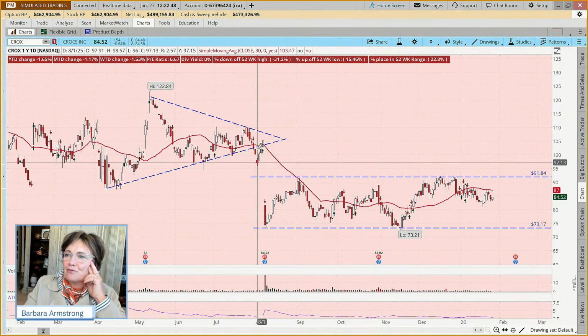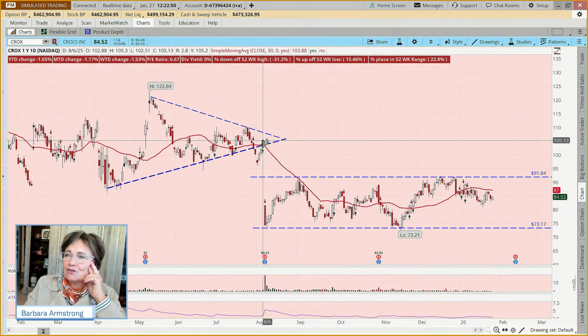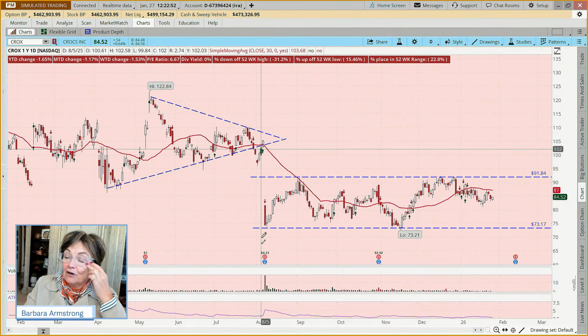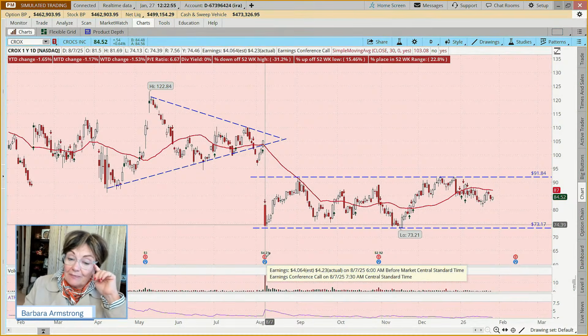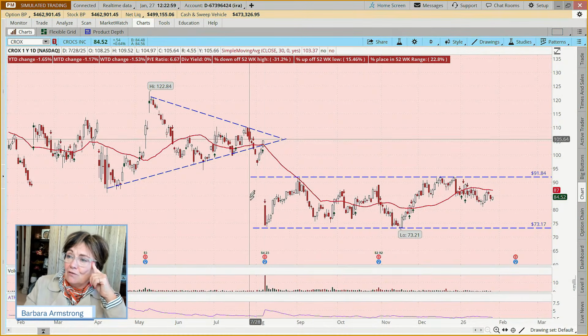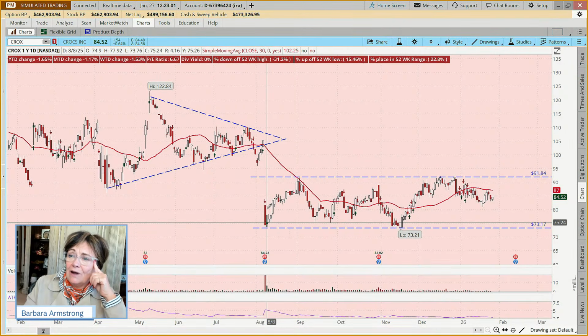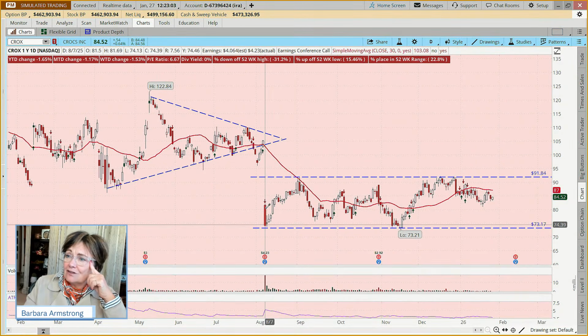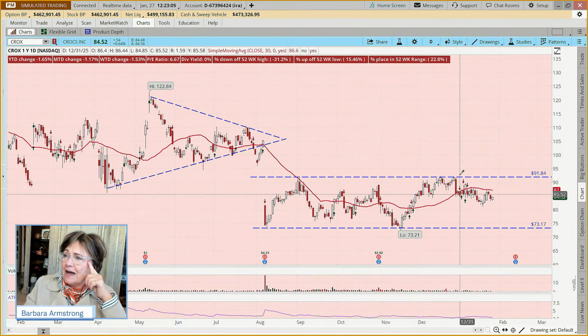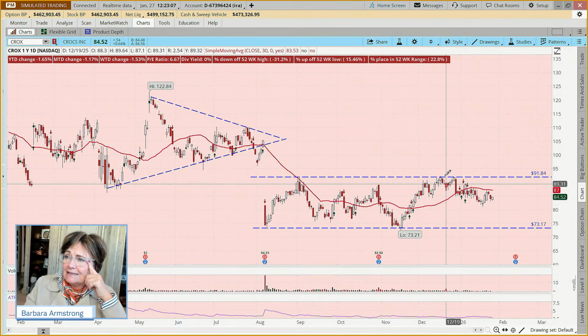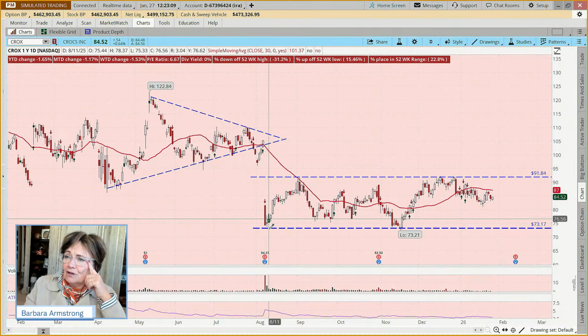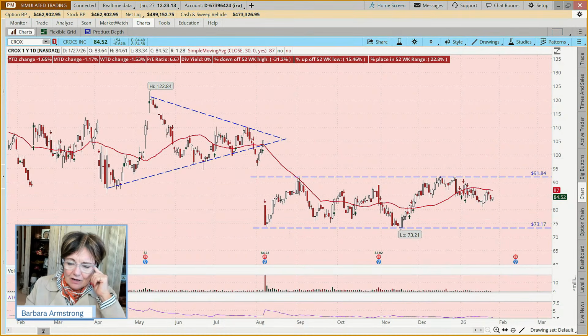And then it kind of broke through, tried to rally, and then earnings came out and it got hammer smashed, or clobbered, however you want to look at it. But that happened when? Well, that happened last August, and it hasn't made it back above this 91 since. So, it looks like we have a support level here around this 73 mark.